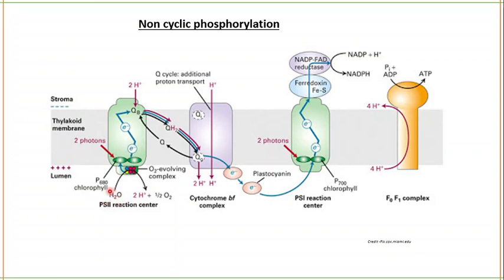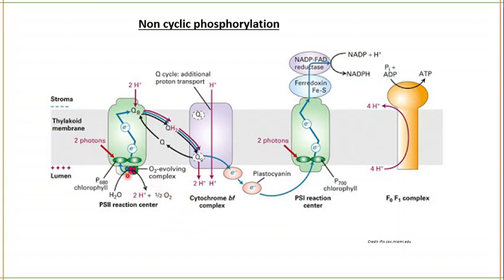In photolysis of water, one water molecule will result in the formation of 2 protons and 2 electrons. So there will be the requirement of 2 water molecules for obtaining 4 electrons. So overall this oxygen evolving complex will be responsible for the photolysis of water, and after the photolysis of 2 water molecules, there will be release of 4 protons, 4 electrons, and 1 molecule of oxygen. This molecule of oxygen, where is it released? Tell me: in the inner thylakoid space. You can see it is released in the inner thylakoid space.